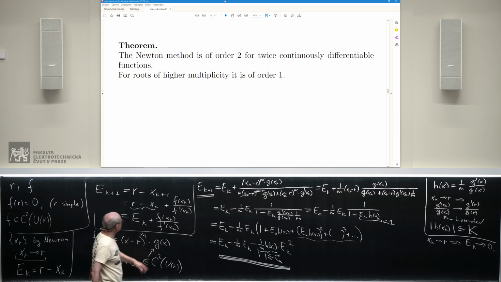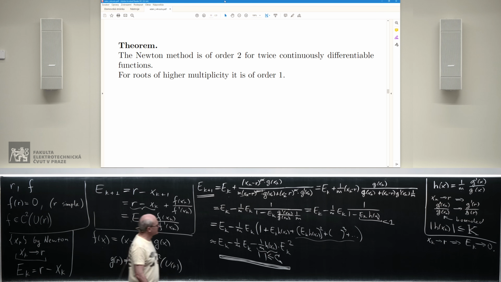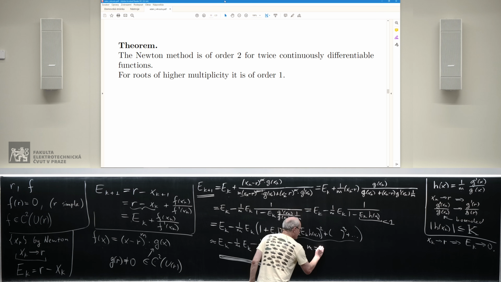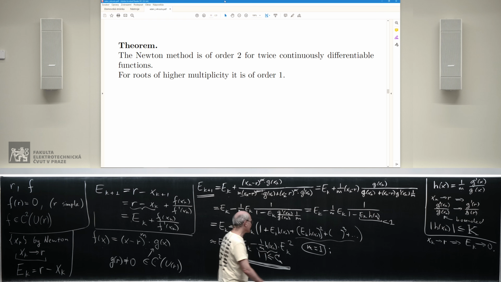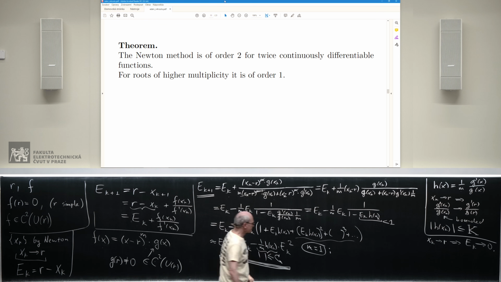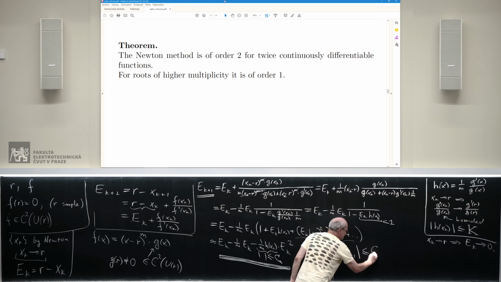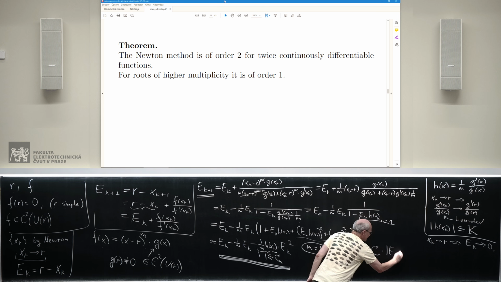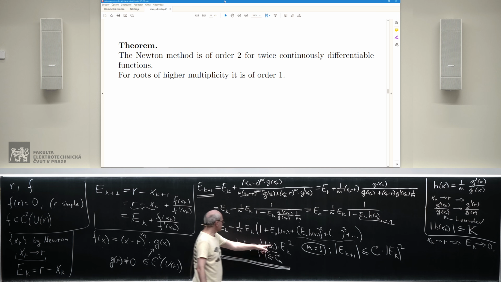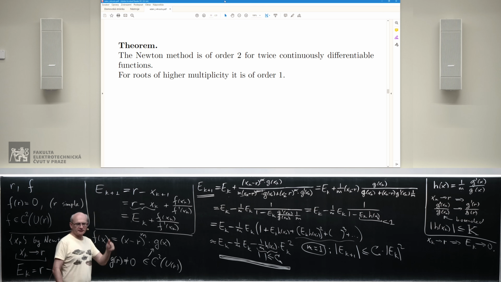Now let's go back to our assumptions. We are really interested only in simple roots. What does it mean that the root is simple? Simple means that m is equal to 1. And when m is equal to 1, then e_k actually cancels. And when I pass to absolute value, I get that e_{k+1}, the next error, is bounded by some constant times the previous error squared, which is what we have over here. That's the constant. And this is finally the proof that the Newton method behaves as a method of order 2